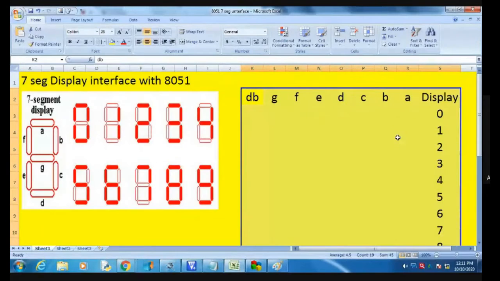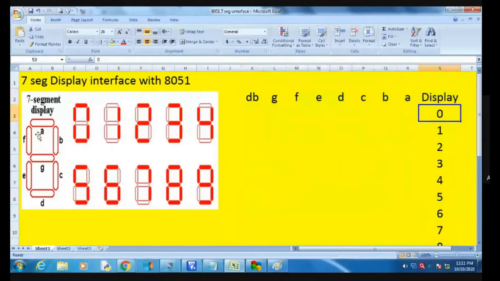For 0, the 7 segment display uses the LEDs A, B, C, D, E, F. So this is nothing but the 0. The LEDs that are 1 will glow.